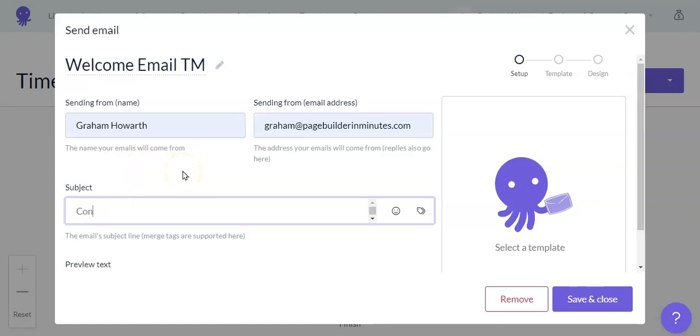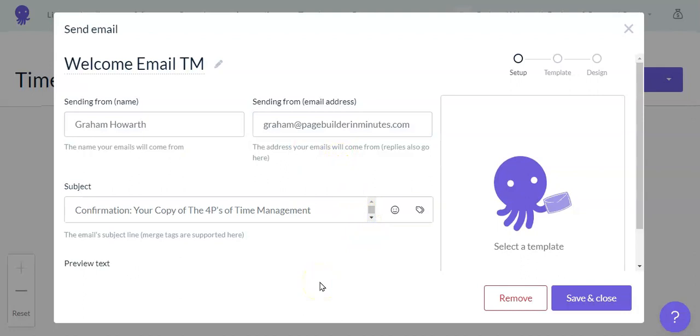So we can put in here confirmation, your copy of the 4 P's of time management in there. Okay, now there are a couple of other things we can do in this subject header, and